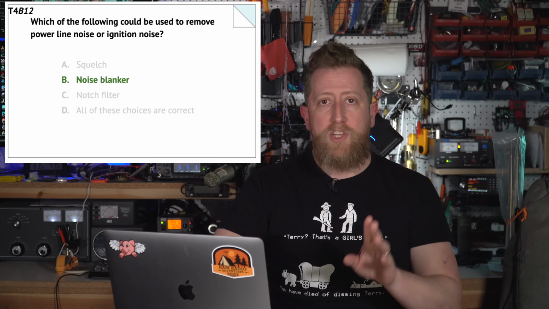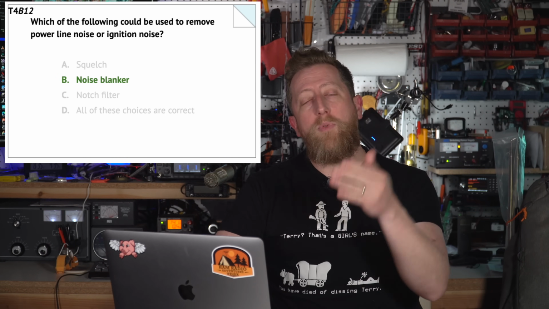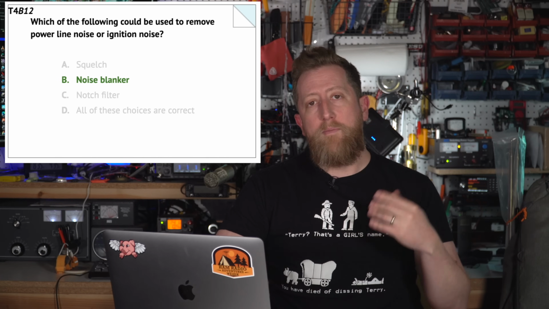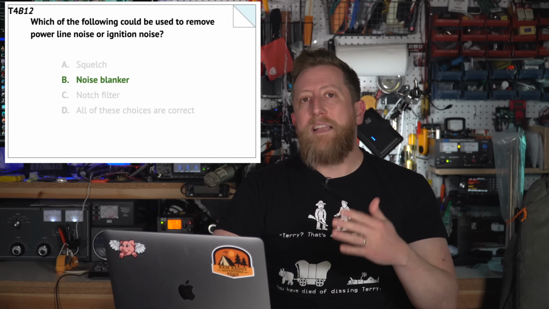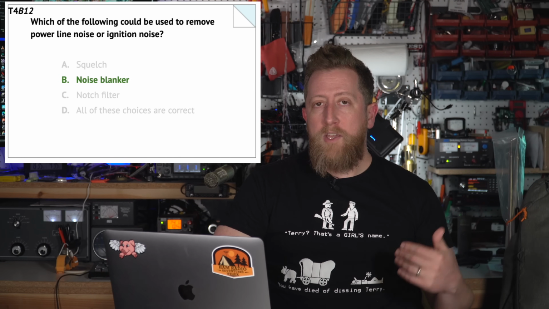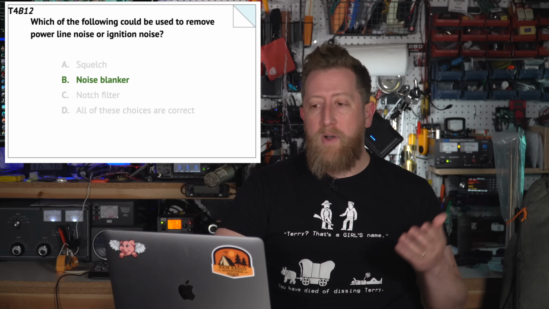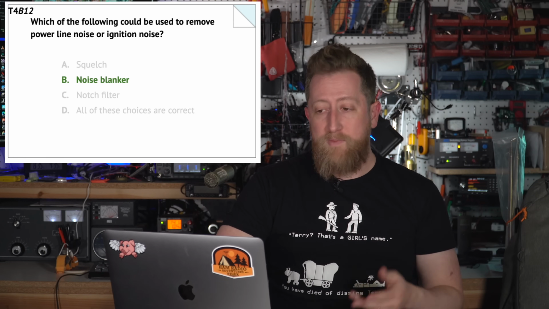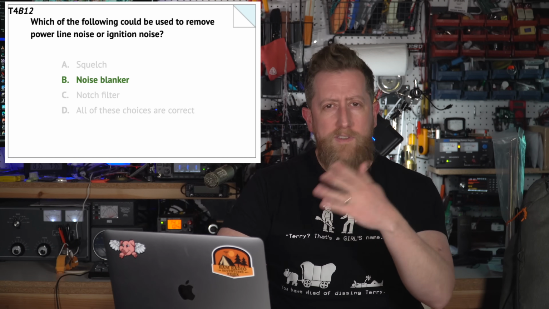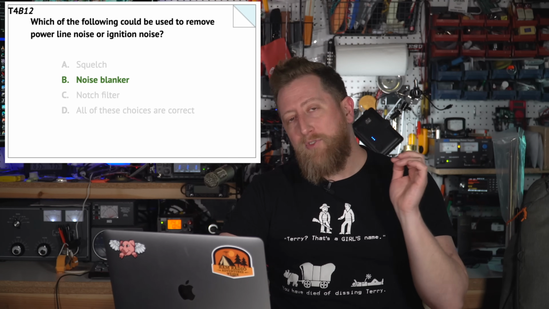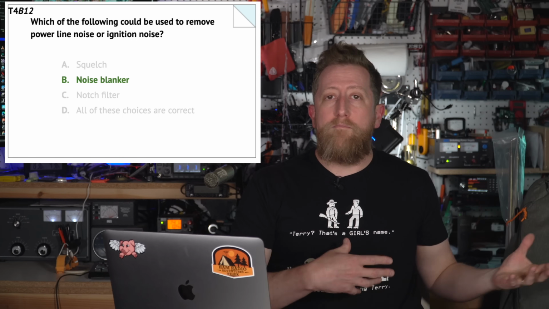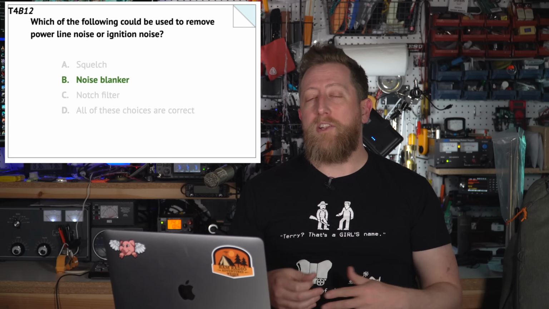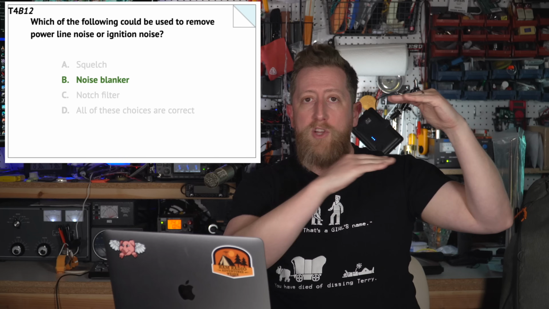I will caution that while yes, it will help the audio sound better, and it may look like it is removing some of the noise, it's not getting rid of the noise. Your radio is being inundated by ignition noise, in this case power line noise, car ignition noise. And if you don't figure out how to reduce that, your radio is not magically going to bring back that information that the power line noise floor took out.